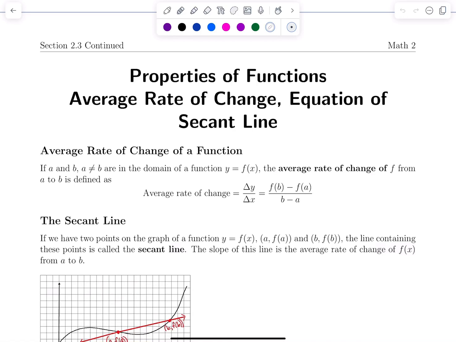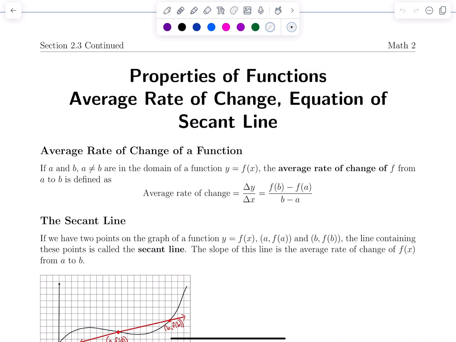This is a continuation on the lecture for section 2.3 that covers properties of functions. And in this lesson, we're going to learn about average rate of change and the equation of the secant line. So let's look at the definition for the average rate of change of a function, and then we'll talk about